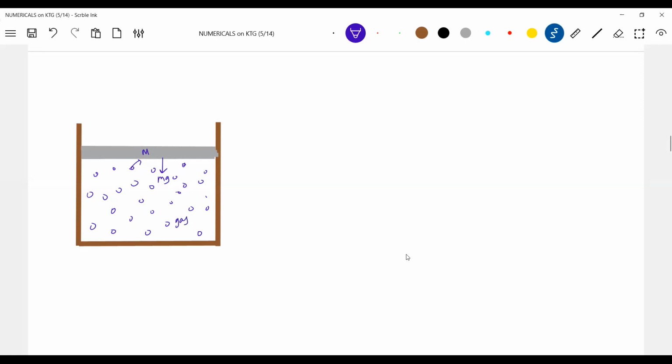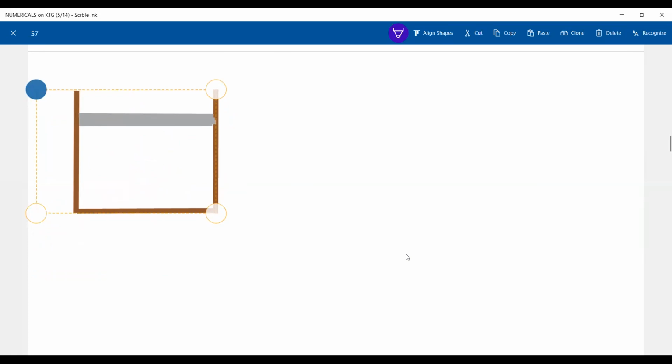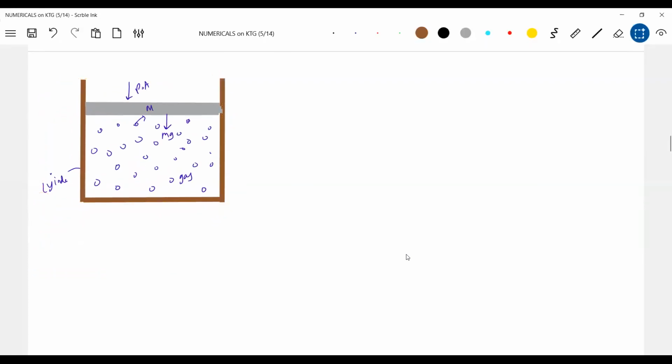There's a gas. There's a cylinder. Even the air will also exert force, P naught A. Who will balance these two forces? So let's get into mechanics. We know mechanics here. The weight of the piston will act, and the atmospheric pressure force P naught A will act. Because of this, the piston should move down. But if I observe, what is the state of this piston? It is at rest. It is at rest, which means someone should balance the force.